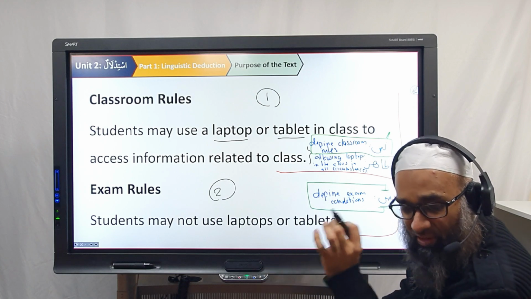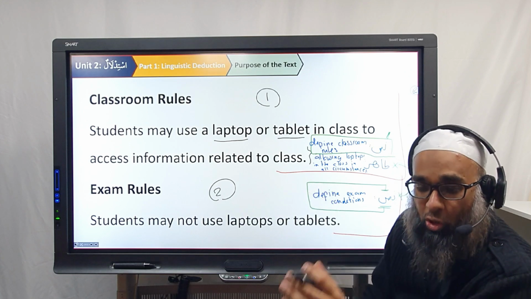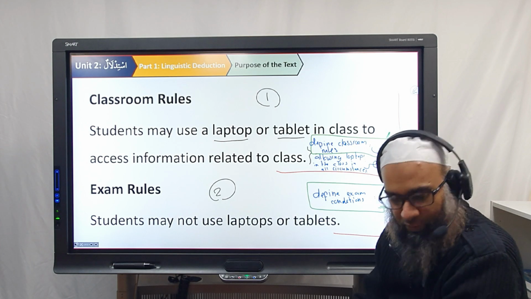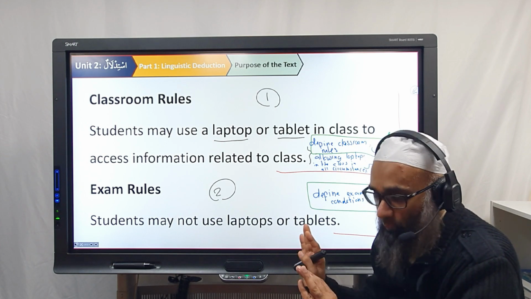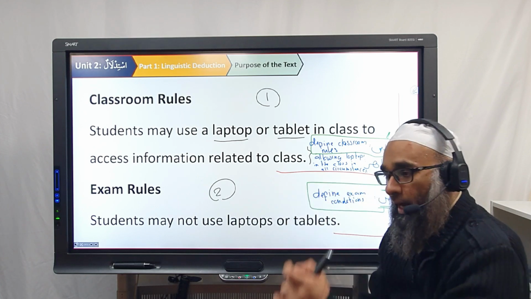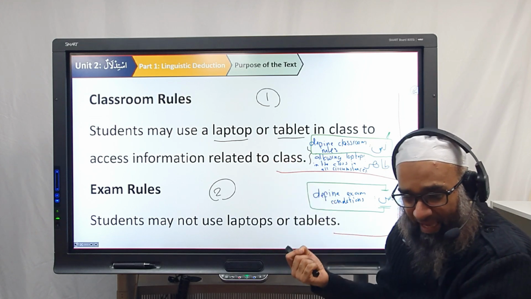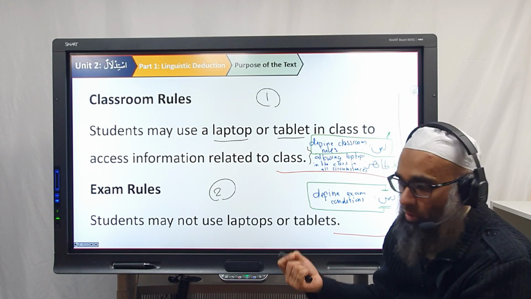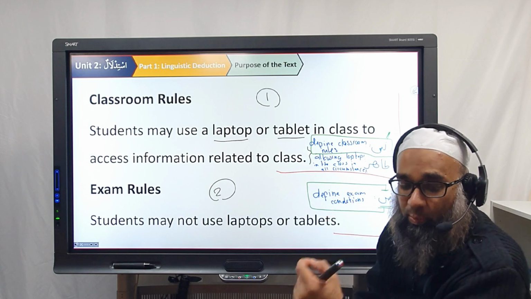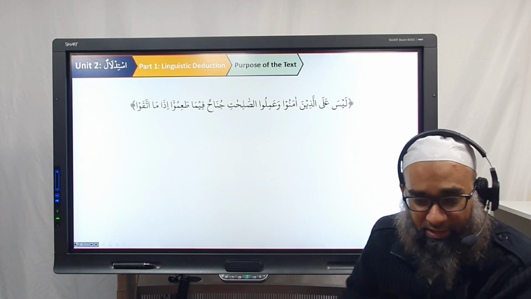So therefore, the text that defines that issue, the text that has been brought, the rule that has been brought, the page that has been created to address that particular issue will be given preference over the other. Do you understand? So in simple words, when you have one issue and one text you derive from the ظاهر and you derive from the nas. If the information derived from one text nas and one text ظاهر and they contradict each other, what will have preference? The text that has a nas, the text which has been brought for that. Look at this. You understand the masla, the rule? It makes logical sense, this rule?